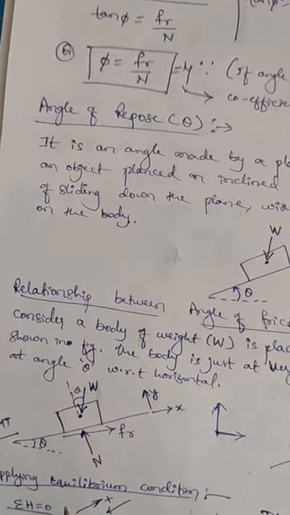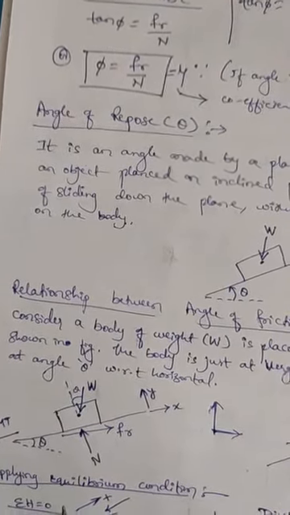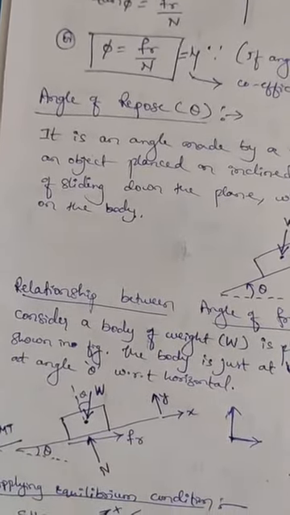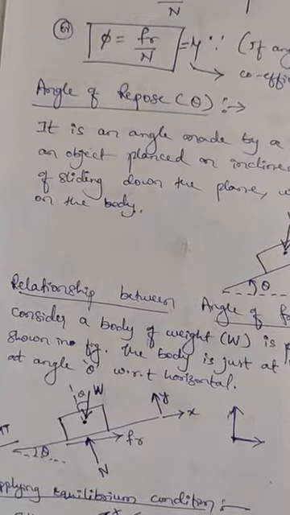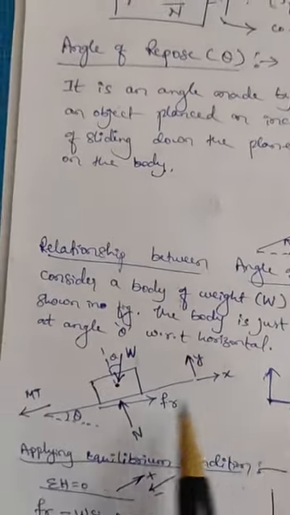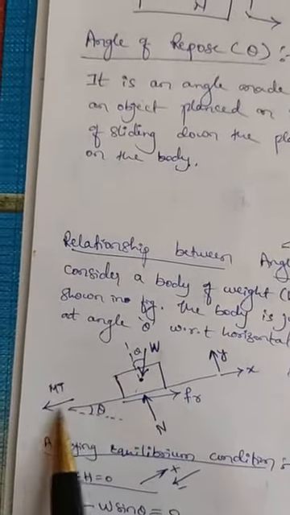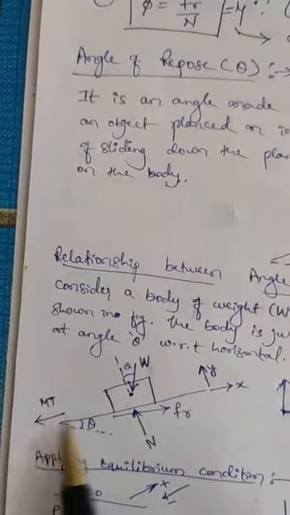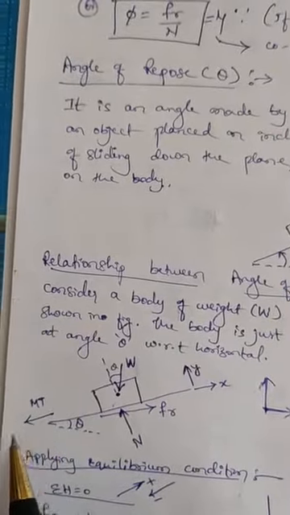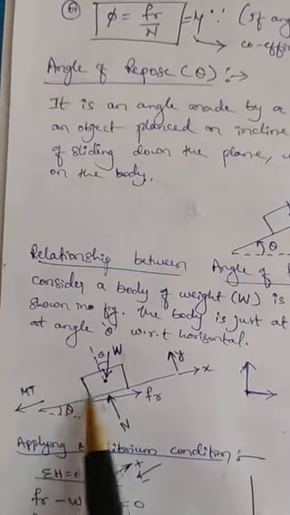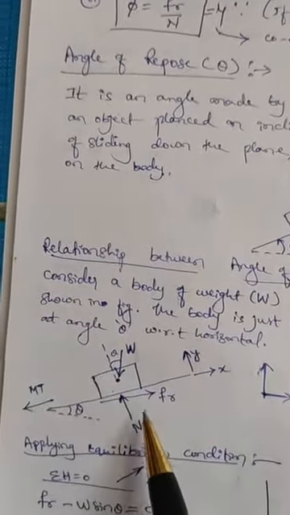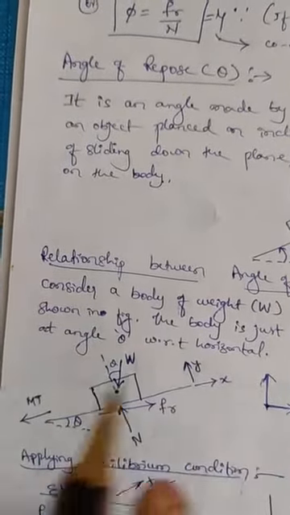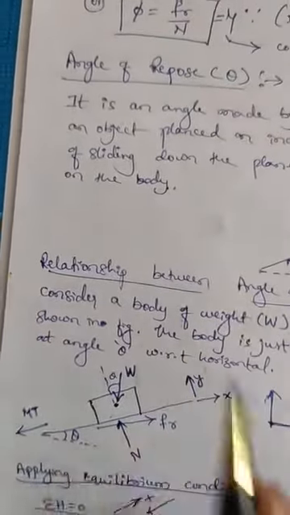As we have just talked about angle of repose, angle of repose means at a certain angle, if I raise this inclined plane up, the block will come down. So due to which the motion of the block will take place downward. Here MT stands for motion takes place. It is downward. When the motion takes place downward, the body is moving down. To not let it move, our frictional force will try to oppose it. So I have shown the direction of frictional force. It will try to oppose the movement of the block which is coming downward.